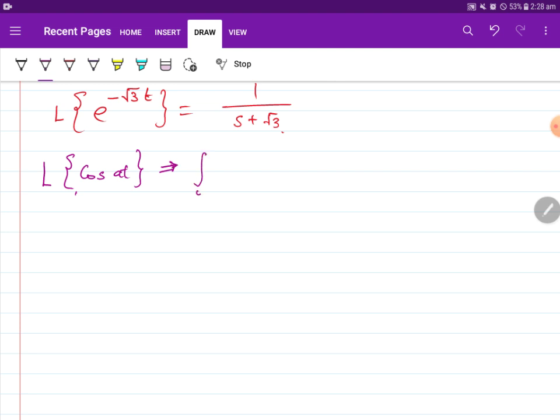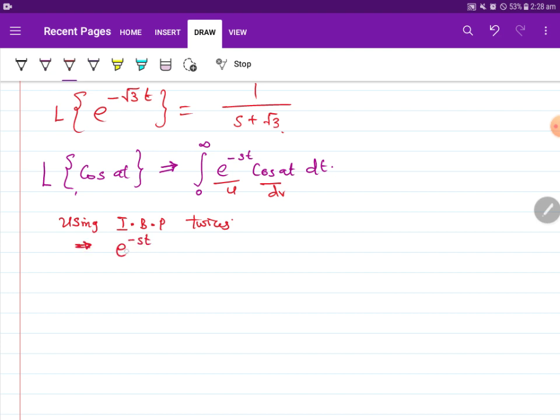the integral from 0 to infinity of exponential minus st cos at dt. Now, to integrate this, we have to use integration by parts. This is my u, this is my dv. Then you apply integration by parts, but at least you have to integrate it twice. So if you integrate it using integration by parts, when you integrate twice,